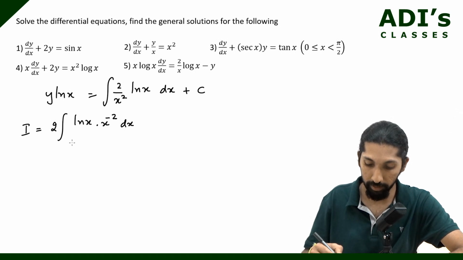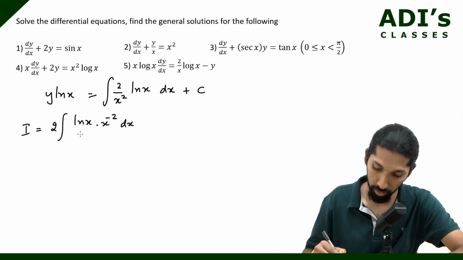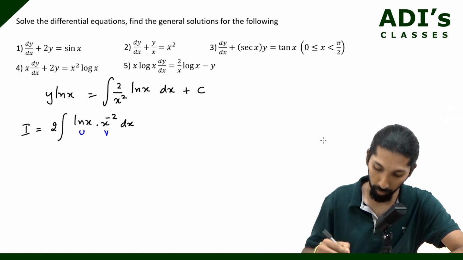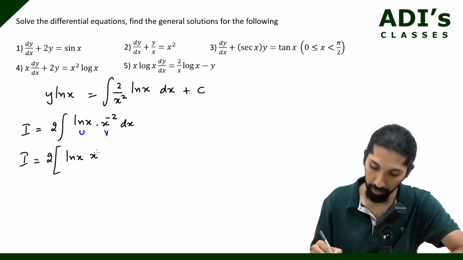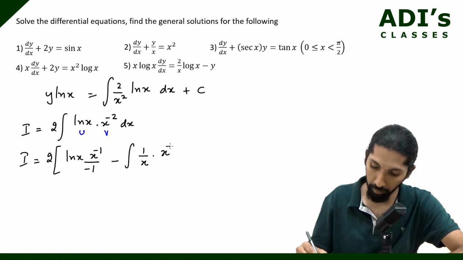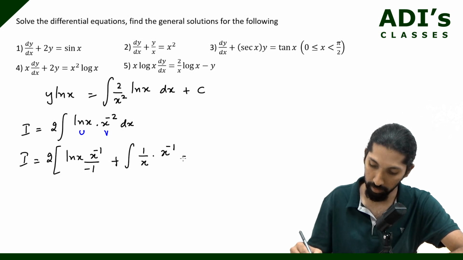So we have log of x into x power minus 2. Again, we have to do by parts, this is u, this is v, correct? Now what do we have? I is equal to 2 times log of x into x power minus 1 by minus 1, minus integral of 1 by x into x power minus 1 by minus 1, which will become plus,